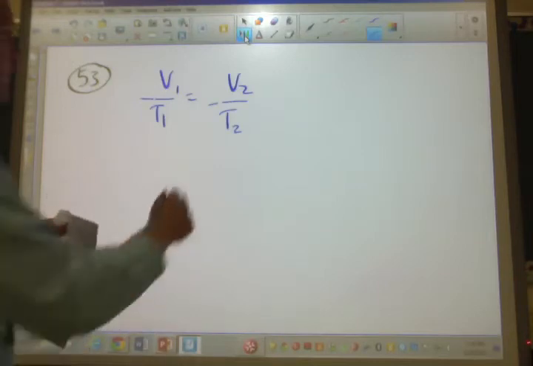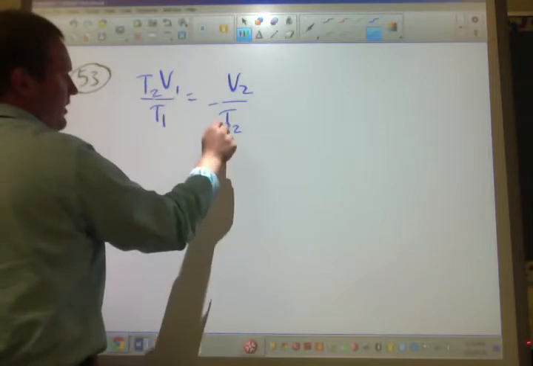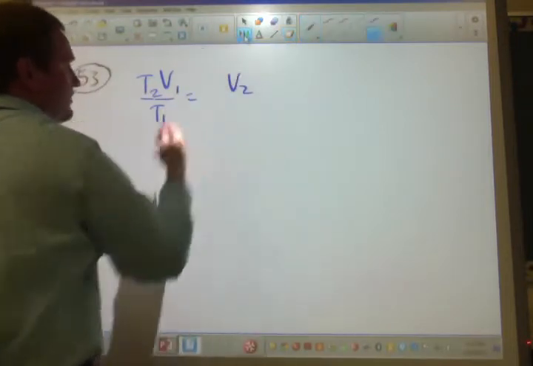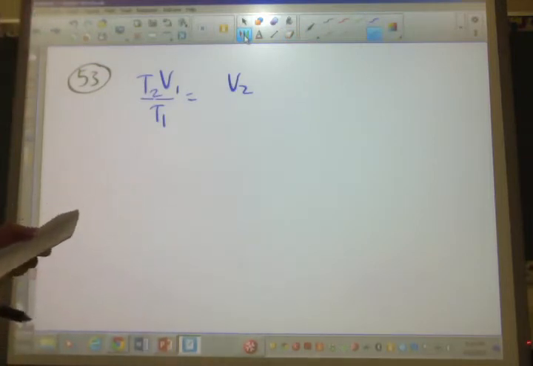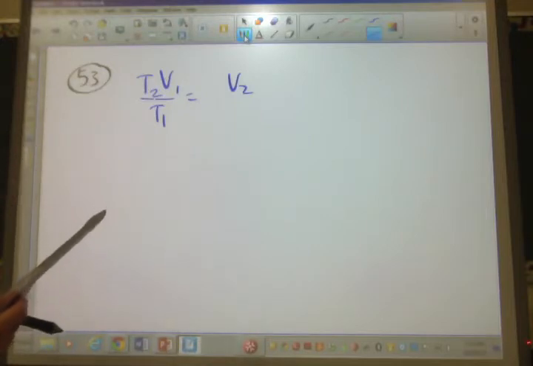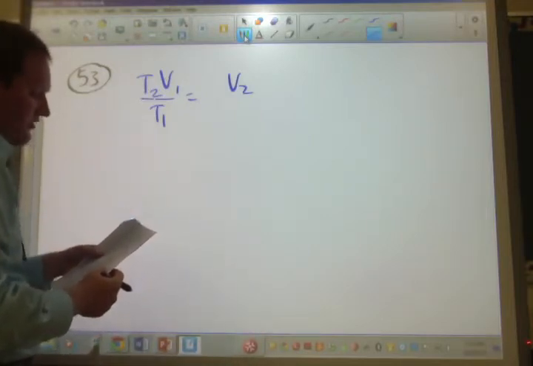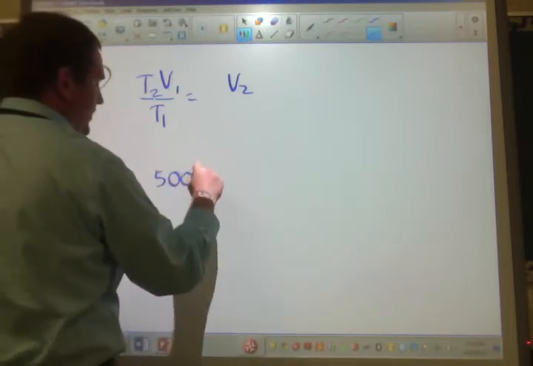Okay. And let's see, what am I looking for? What would happen to the volume? So I'm looking for V2. Well, I'm going to get V2 by itself by multiplying both sides by T2. T2 cancels out. This is my formula. So my T2 is 427 degrees Celsius. For this formula, you have to convert Celsius into Kelvin. So adding 273 to that is going to give me 500. So 500 Kelvin